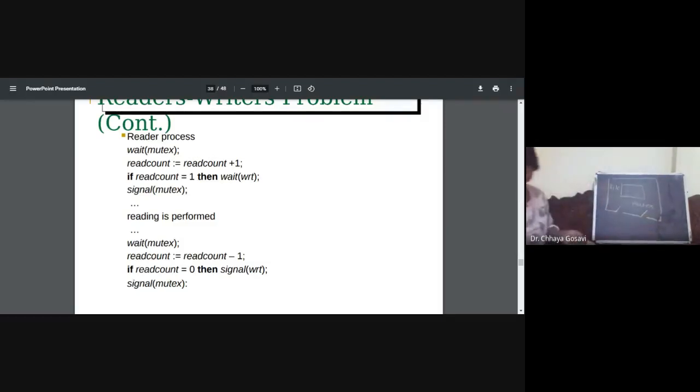Read count is a variable which is accessed by readers, which is 0. I'll also note that read count is also a shared variable. So this is a door for WRT.